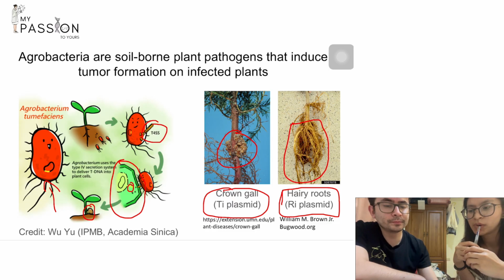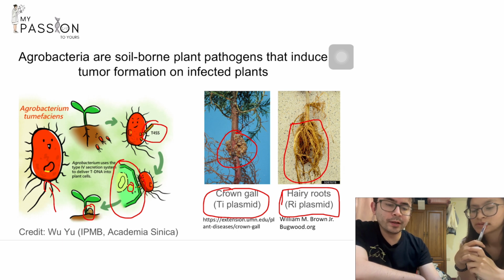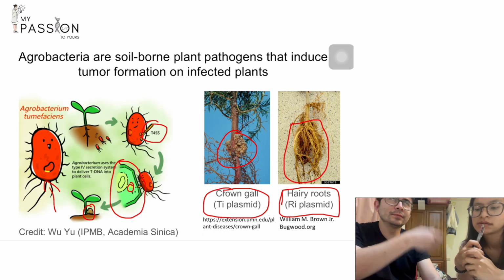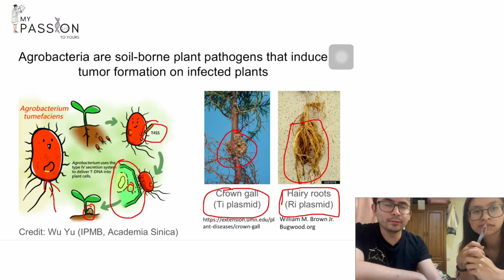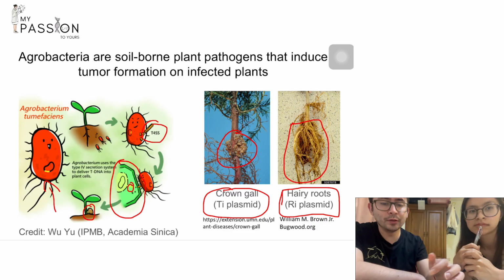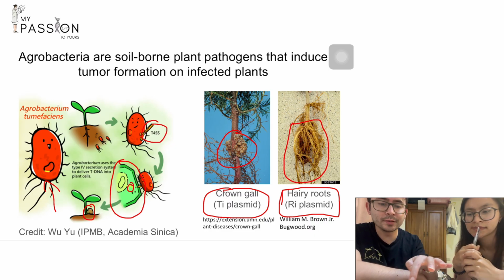So which one is more commonly caused by agrobacteria? So both of them are common, but the most studied one is the crown gall because that was the first one to be identified. You can imagine that like 50 or 60 years ago when this was discovered, people just looked at the plant and saw something weird, that the plant normally doesn't look like this. That's why you can imagine the first one to be identified was the crown gall, because it's more obvious than the hairy roots because they are underground, right?